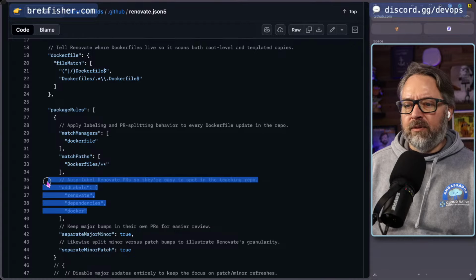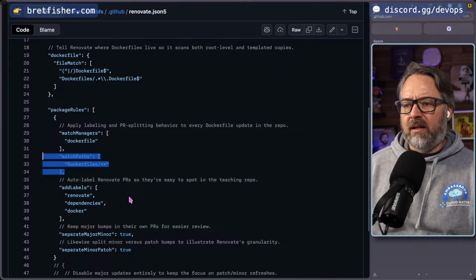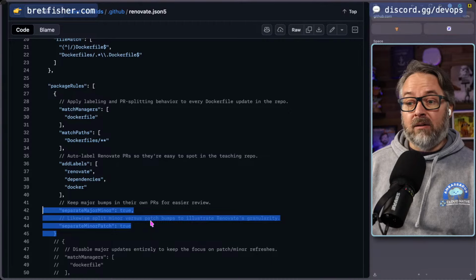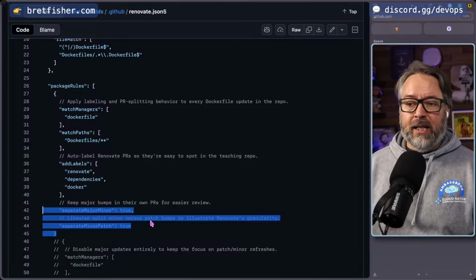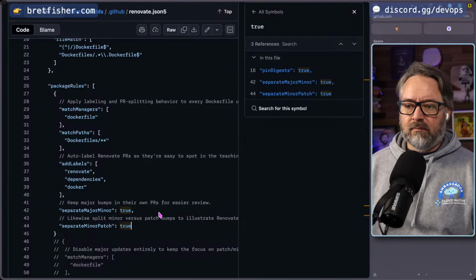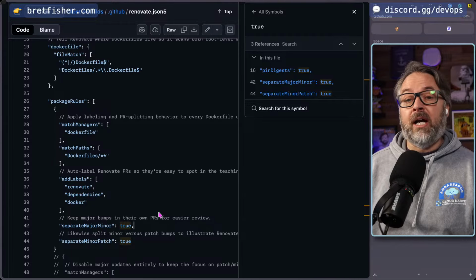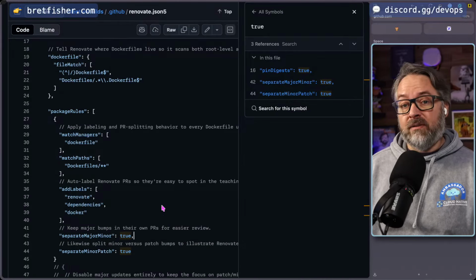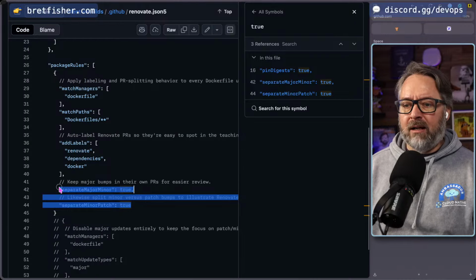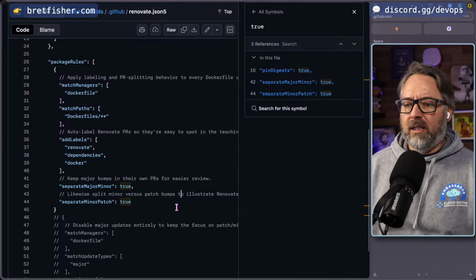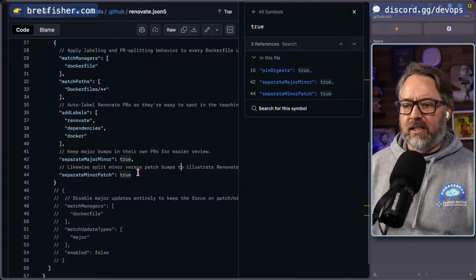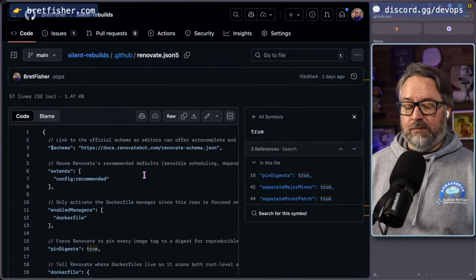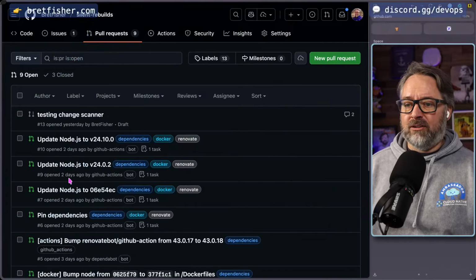And I add labels to the PRs. I tell it where to find my Docker files. And I tell it that I want it to separate out any patches for major versus minor, so that I don't end up with one giant PR that has a whole bunch of updates that include major versions and minor versions in one. I want to break it out so that I can individually control them. I probably would want to change this to set it to one PR per image update, just to be very explicit about my pull request changes, because you can see here,